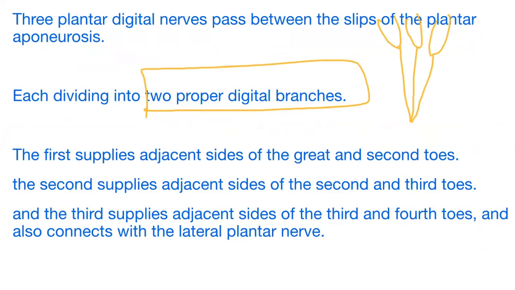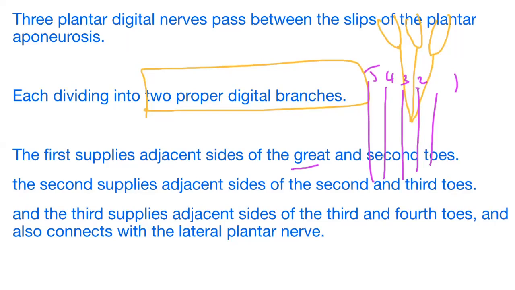So we'll do one thing. So 1, 2, 3, 4, 5. The first one supplies the adjacent sides of the great toe and second toe. So the first one supplies this side and this second toe. Okay, it is not represented. The second supplies the adjacent sides of the second and third toes. The third supplies the adjacent sides of the third and fourth toes. Okay,